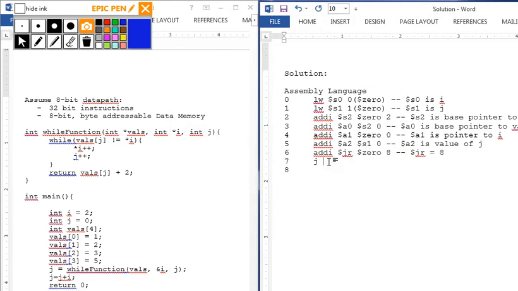Now here's the thing. We don't know where the instruction is going to begin yet because we have instructions afterwards that we're going to be taking care of. So we're just going to call it while function in the meantime, until we get it, then we can replace that. So here at 8,